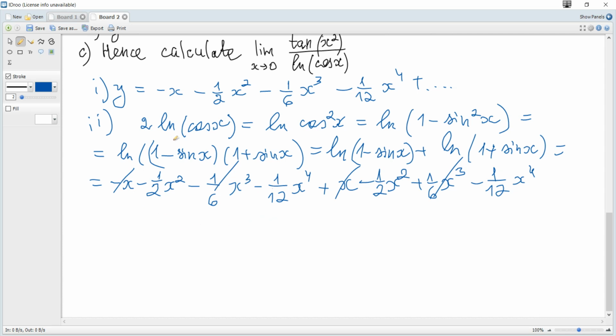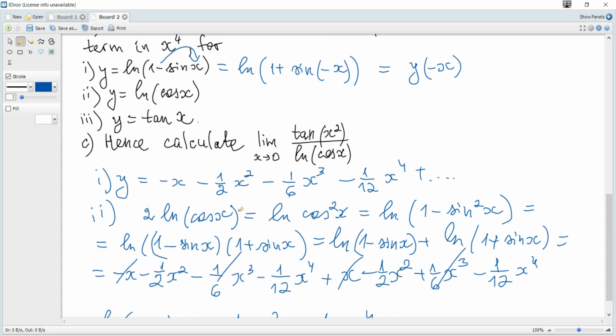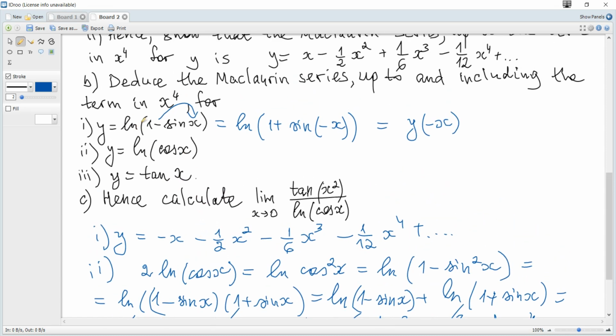0, and notice that it's 2 times ln, so ln of cosine becomes, we can see that minus a half, it's negative 1, divided by 2, it's again minus a half x squared, and minus 1 over 12 minus 1 over 12, and divided by 2, it's just minus 1 over 12 x to the power of 4. And the next, y is tangent, and again we need to connect this tangent with